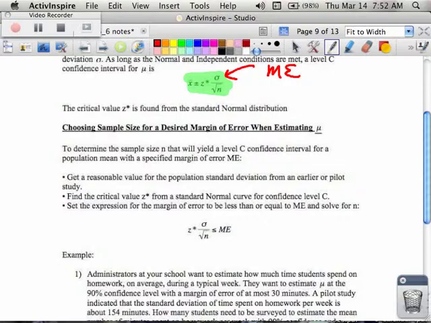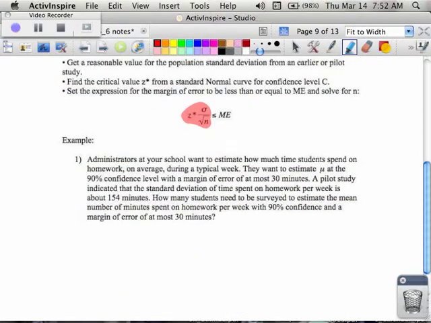And that, again, is our z-score times sigma over the square root of n. So this works just like yesterday when we were doing this margin of error thing. The formula is a little bit different, but the procedure is the same. Down below, for example,